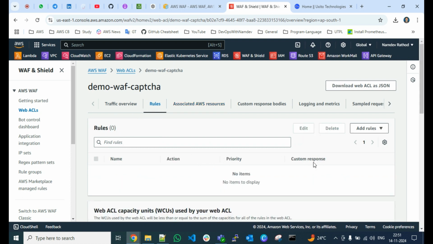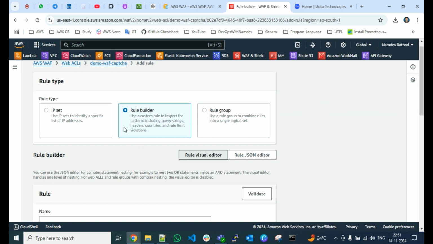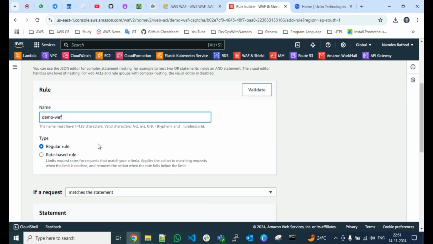In that we can add multiple rules. So for now I can just show you quickly the add my own rules. This one is paid one. You can just visit this if you want the paid one, but for now we can just go with this add my own rules, because I want to create it customized. Just click on this rule builder, give the rule builder name like demo waf, for example,